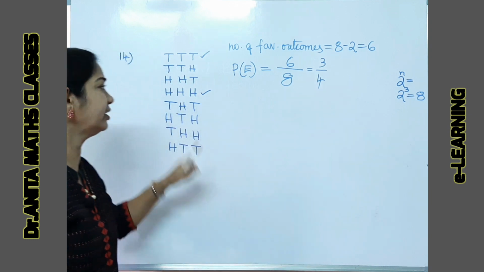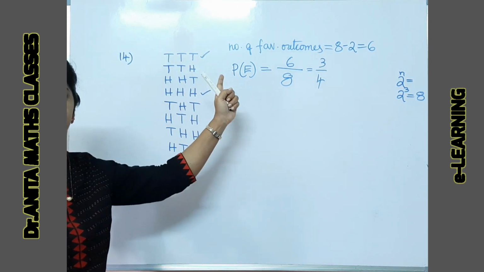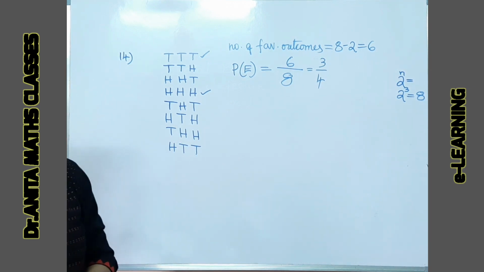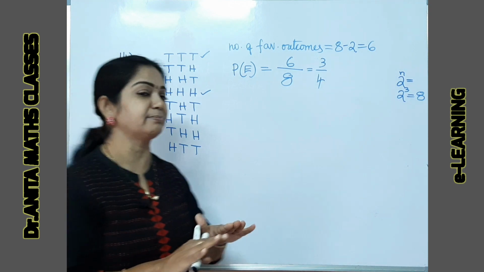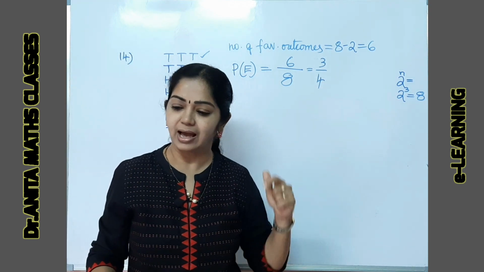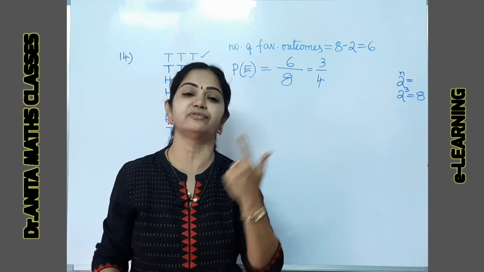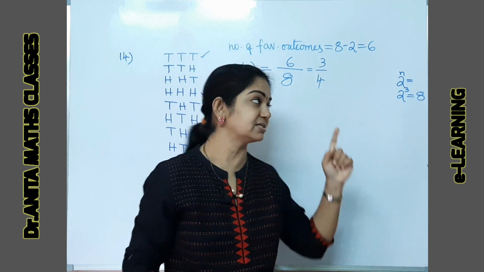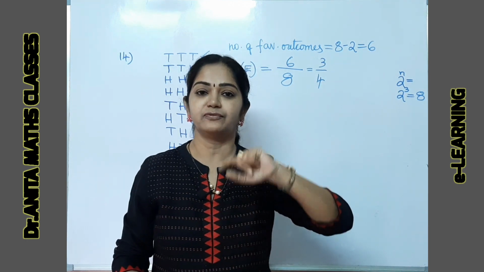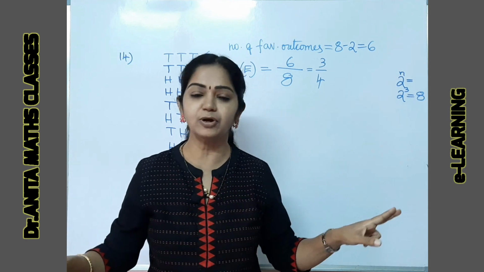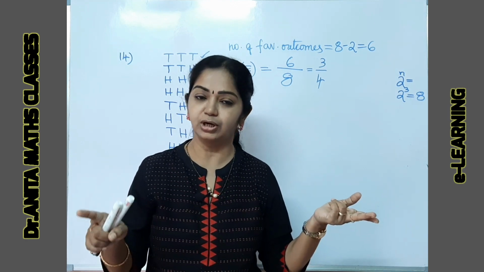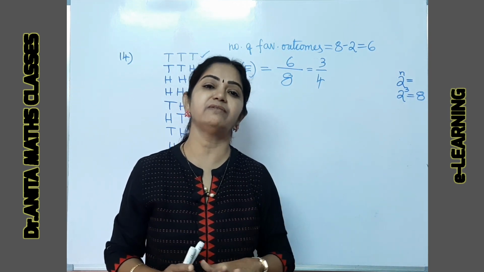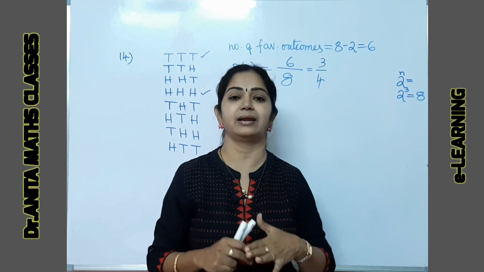When will she win? When all are heads or all are tails. Otherwise she will lose, isn't it? So this is the probability you can easily calculate. Okay, with this we have come to the end of the exercise. I have left for you the 13th and the 15th problem. In a series of 3 video lessons, I was discussing exercise 13.2. All the problems I have covered, but I have given for you to solve only 2 problems, that is the 13th and the 15th. In these 5 parts of probability, do check out and practice the problems.